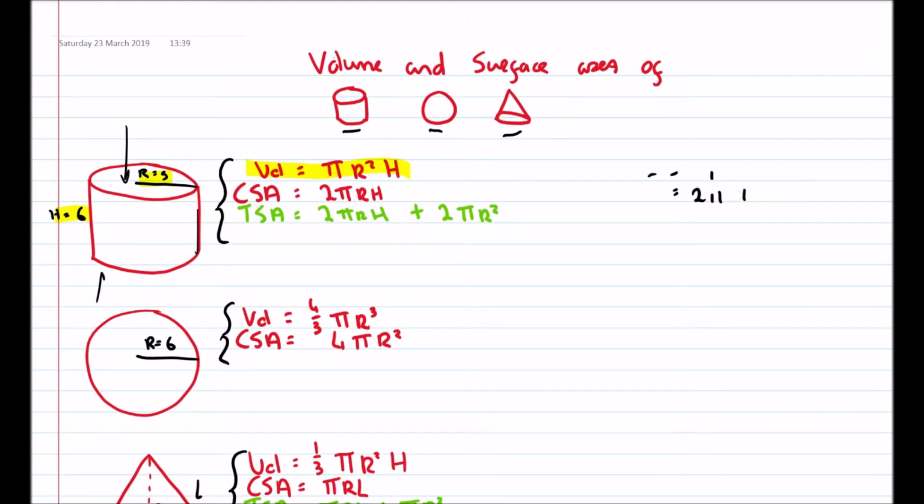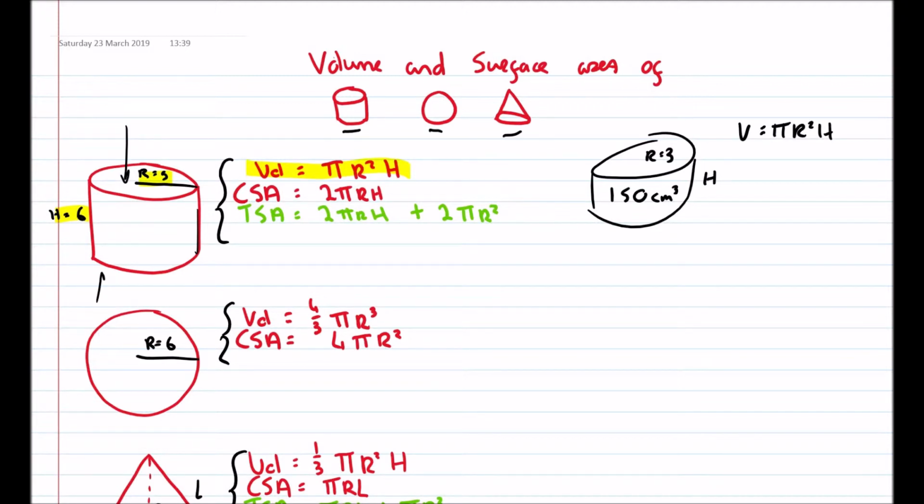They might give us a question like this. They might say, here's our cylinder, drawn badly, and the volume of it is 150 centimeters cubed, and the radius is 3, and the height we don't know. Find the height. All we'll do, write down our formula, volume equals pi r squared h, put in what we know. So this time we know the volume,